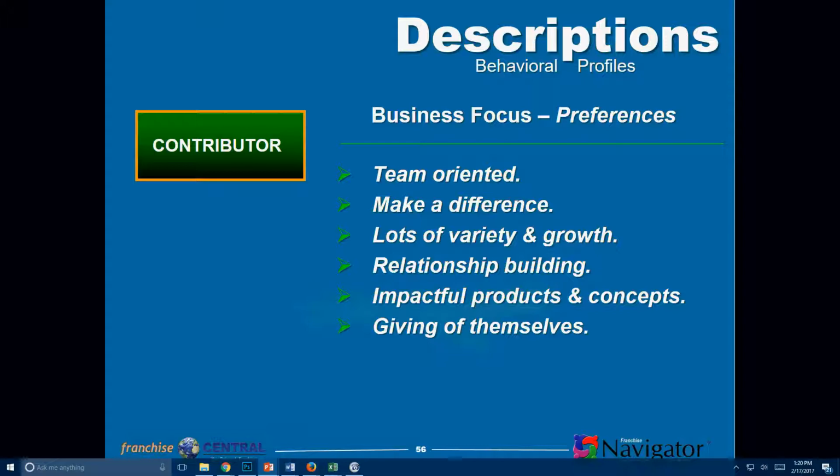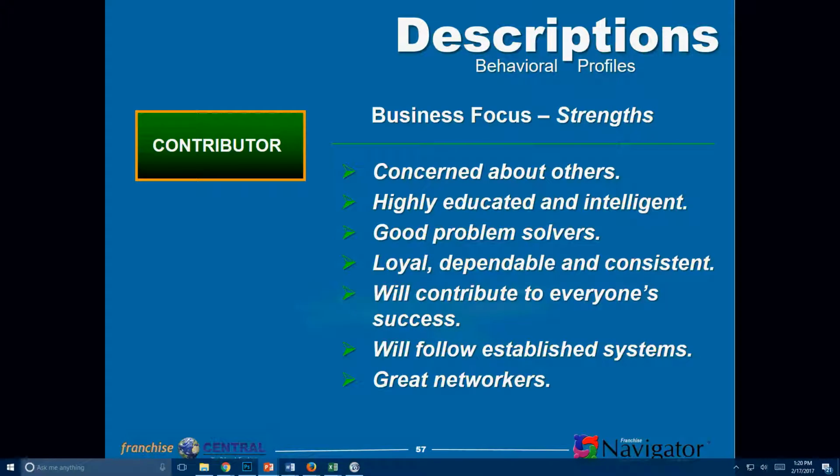Very team-oriented. You know, we can't say this enough. They want to make a difference. They like variety. They're good at establishing relationships, but it's got to be something that's impactful and giving of themselves. We've all met people that are like this, where I'll share with you back in the mid-'80s, when I first started to look at the need for an assessment tool, one of the key members of our mastermind, Professor Heller, I had him working on some consulting projects. Matter of fact, he worked on Circle K with me here in the Phoenix area back in the early 90s,